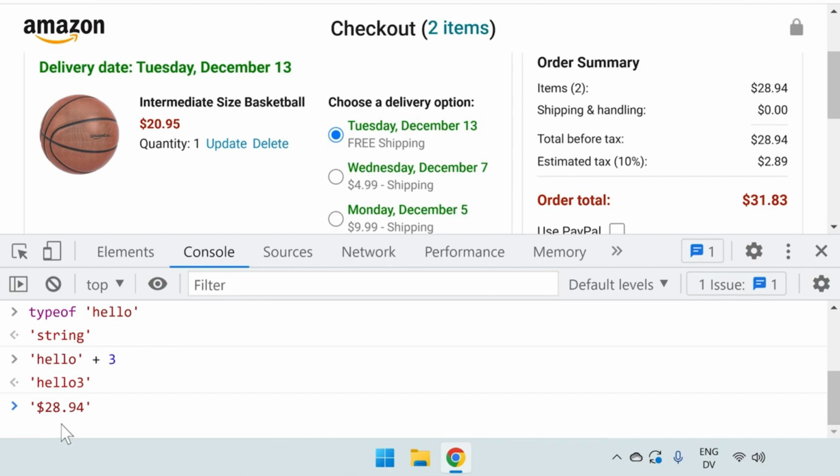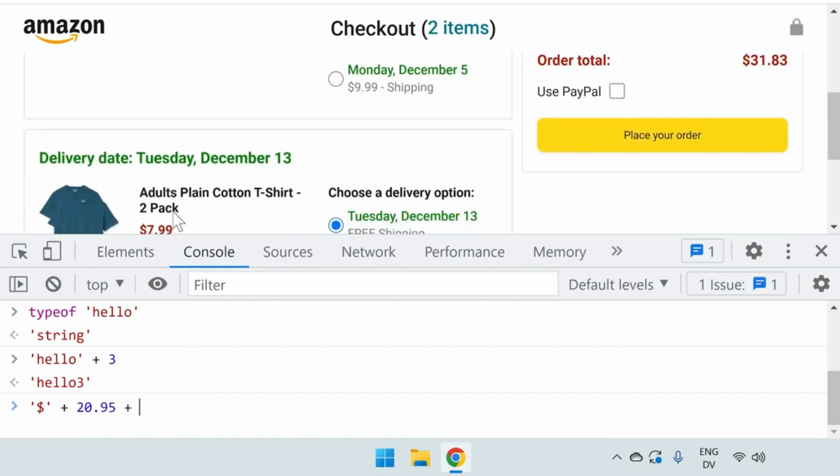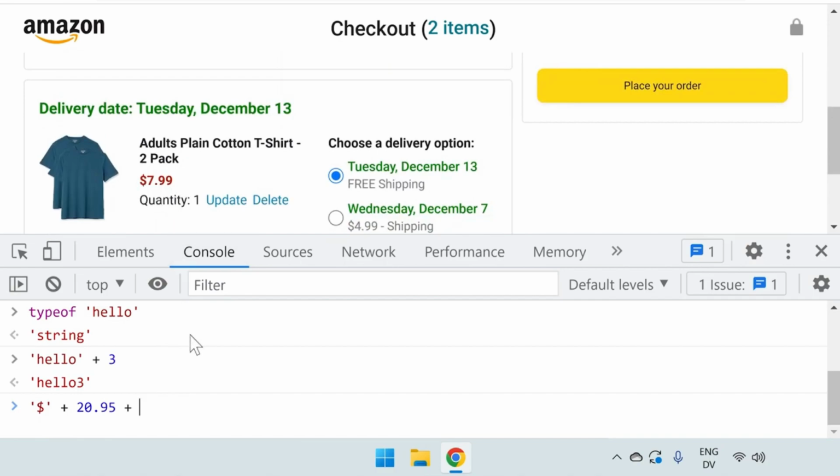So instead of typing out 28.94, we're just going to create the string '$' plus, and we're going to calculate this number using math. So we're going to add the cost of the basketball, which is $20.95, plus the cost of the t-shirt, which is $7.99. If we press enter,